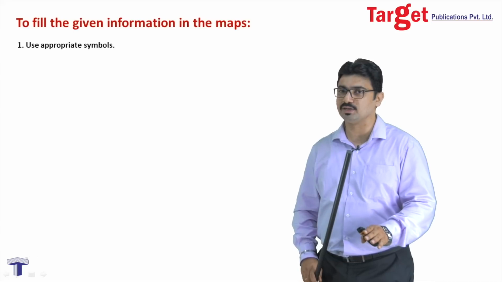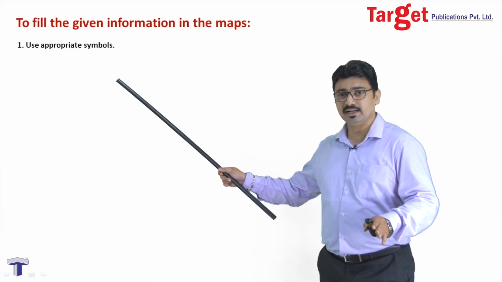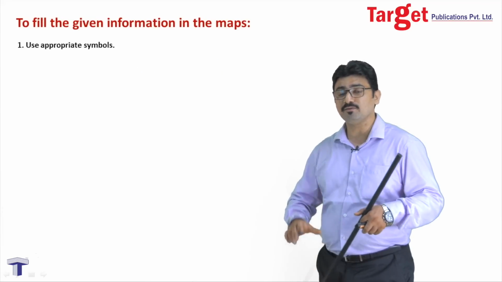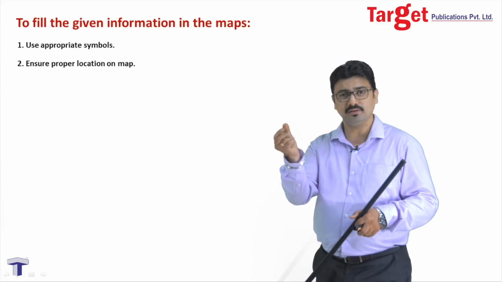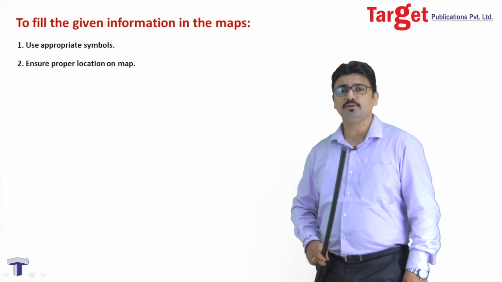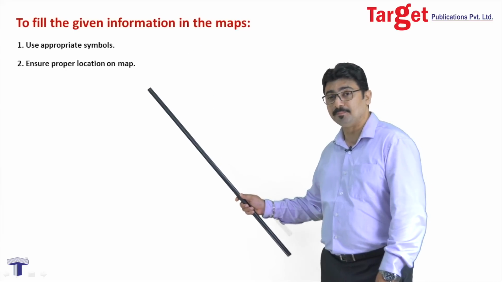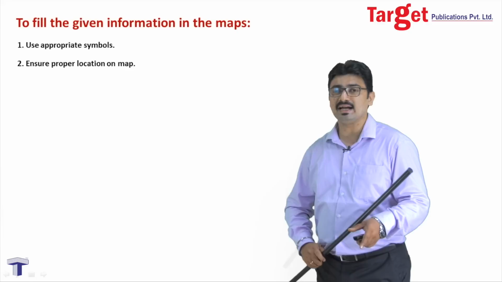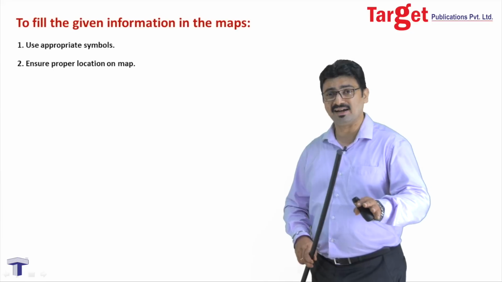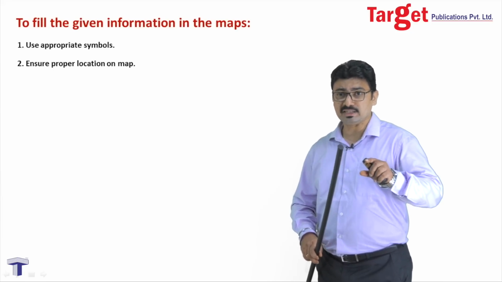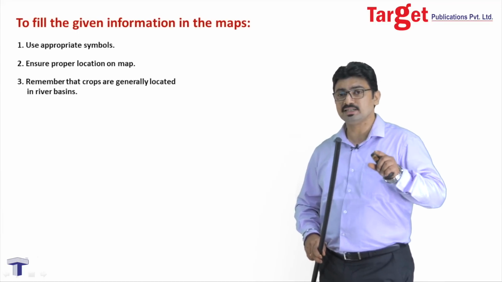I have been highlighting this throughout this discussion, right? We have given you certain symbols which are already decided, and I have also told you to decide symbols which have not been pre-decided, use appropriate signs like an aeroplane for airport, etc. The second important point to remember while filling a map is to ensure proper location of that region on the map. Again, for this, you need to study that chapter or the subject very carefully so that you understand where in that region, say you have to locate the Rajasthan desert in India, you need to understand on which side of India does the Rajasthan desert occur.